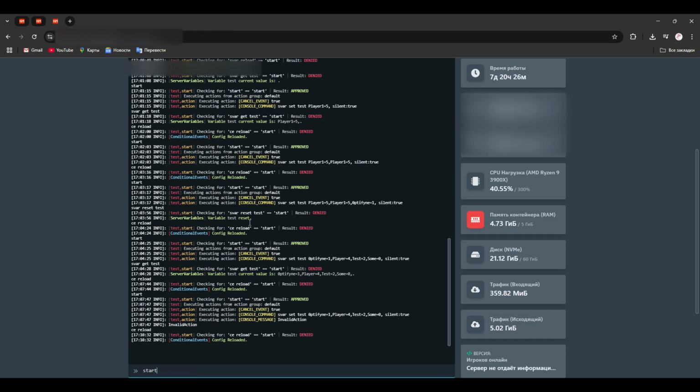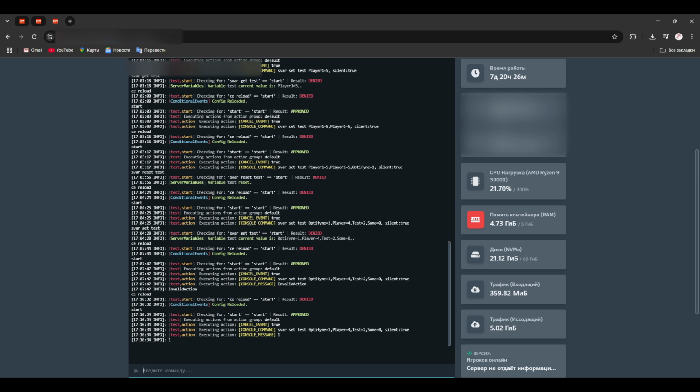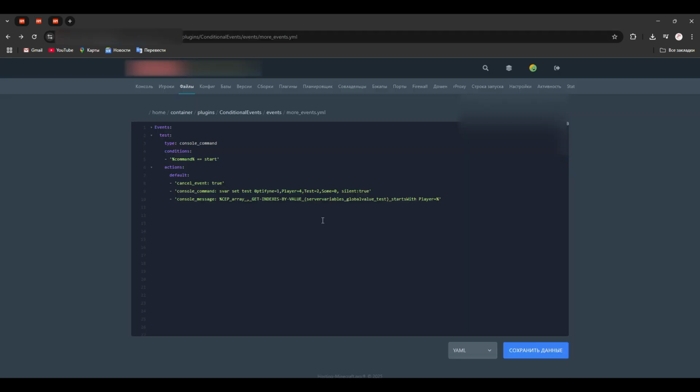At start, and it returns to us one, the index of this value. It's correct because indexes are counting from 0. So it will be 0, it will be 1, it will be 2, 3, and so on. Okay, what we need to do next to obtain the level?